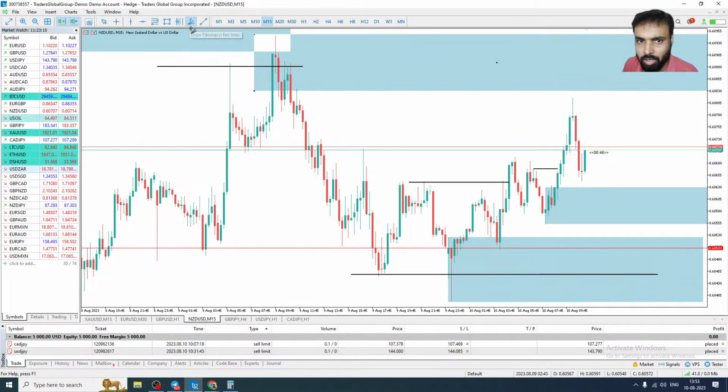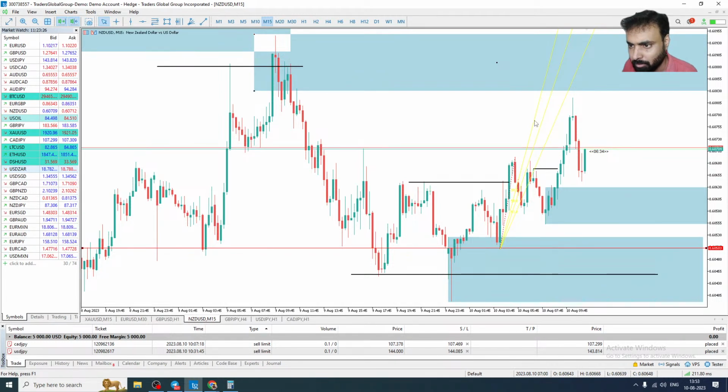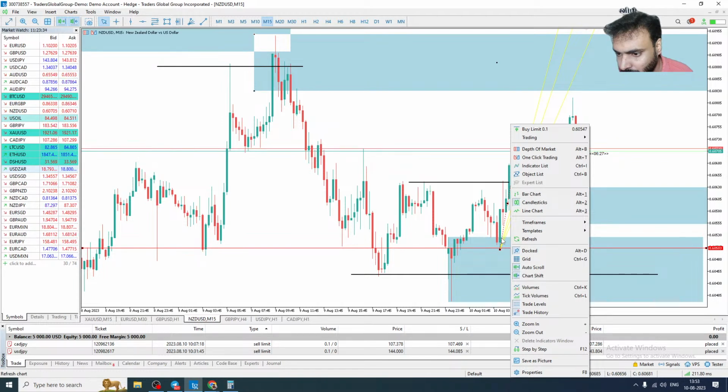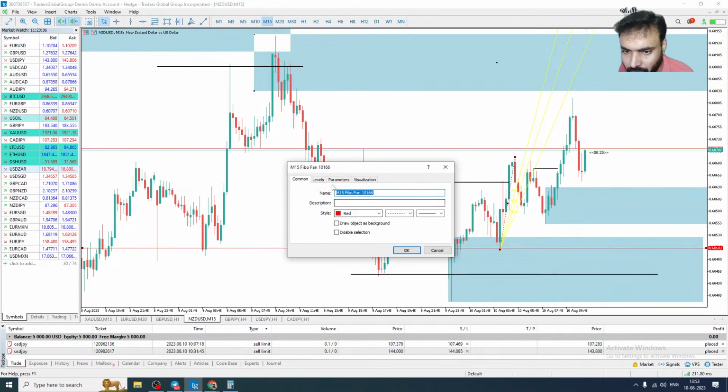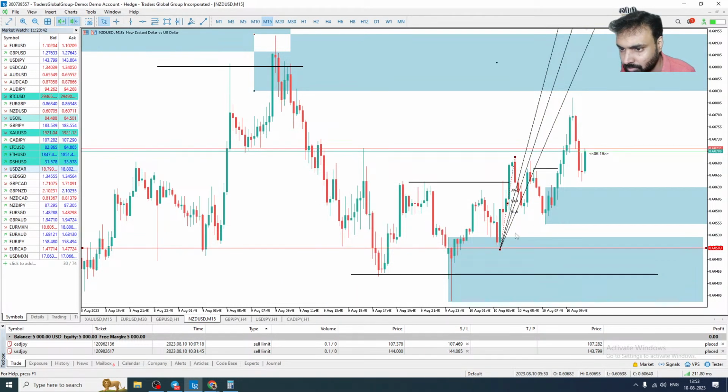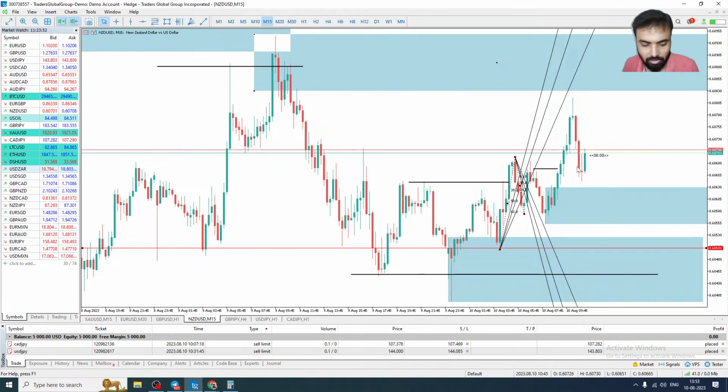There is one more tool called Fibonacci fan. So you can click like this, and you can mark swing to swing, swing high to swing low. Okay, let us change the color a little bit. Go to the tool. Let's change this into black. Okay, you can see swing low to swing high, then swing high to swing low, like this. Two fans you can put like this. Okay, so if I zoom in,